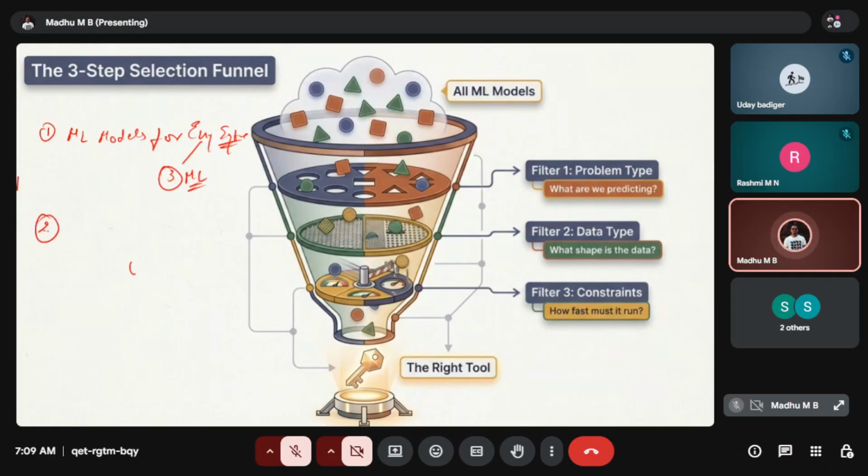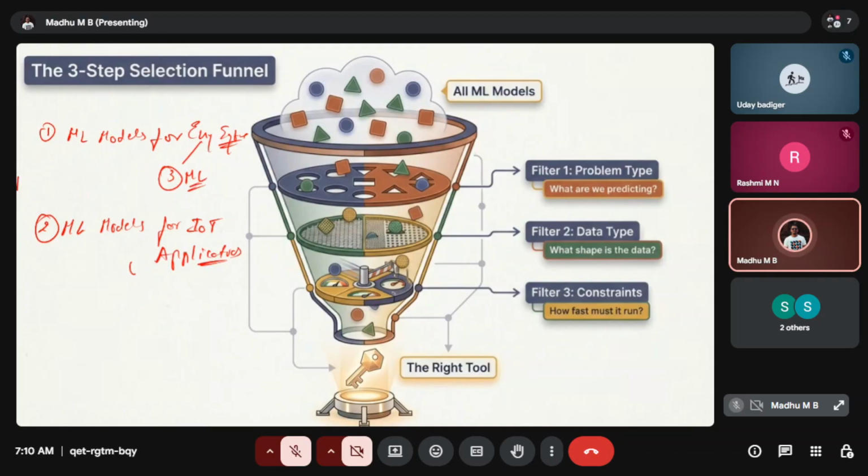Coming to the second category, that is ML models for IoT applications, where we will be collecting streaming data from the IoT devices.